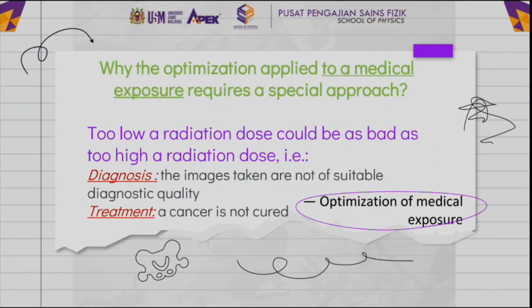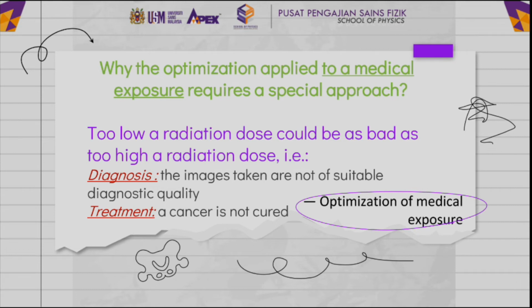So now, why does optimization applied to medical exposure require a special approach? It is because too low a radiation dose could be as bad as too high a radiation dose. For example, in diagnosis and treatment. In diagnosis, if we use low radiation, the images taken are not of suitable diagnostic quality. But in treatment, the cancer is not cured. So, we will keep repeating the radiation on the patient, which will increase the radiation dose on the patient, and it will give